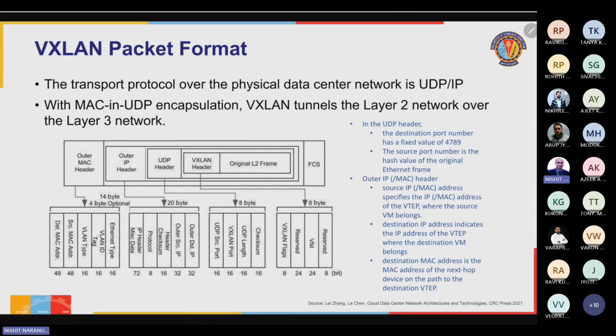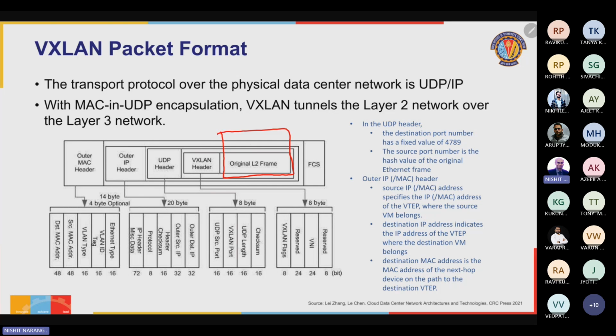I don't care about what is the information carried in this inner overlay original L2 frame, because this is what? This is the overlay network traffic from one VM to the other. What I've done at the VTEP is this encapsulation. Within the underlay network, the routing